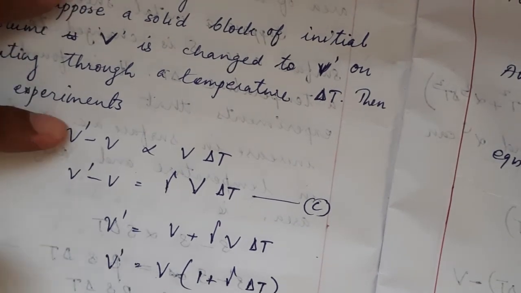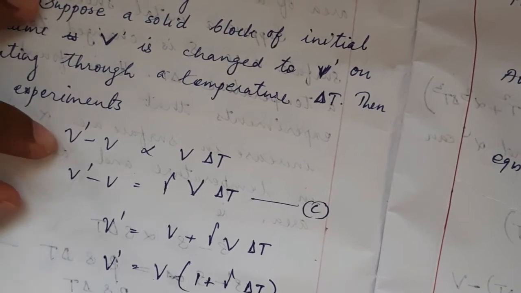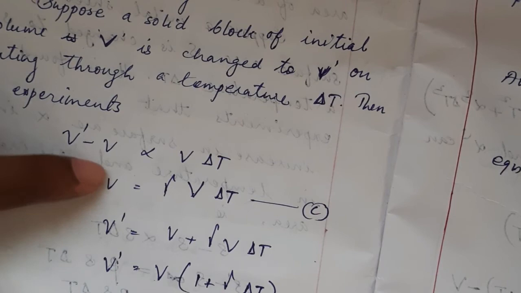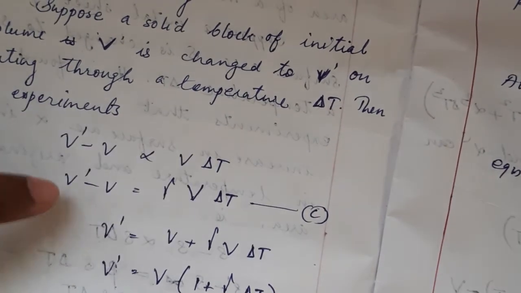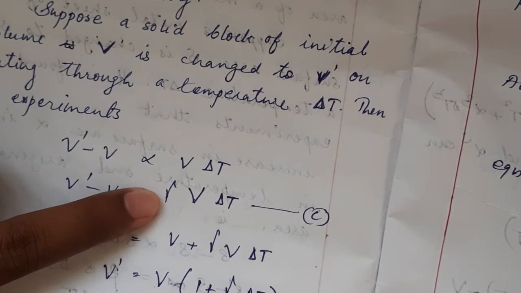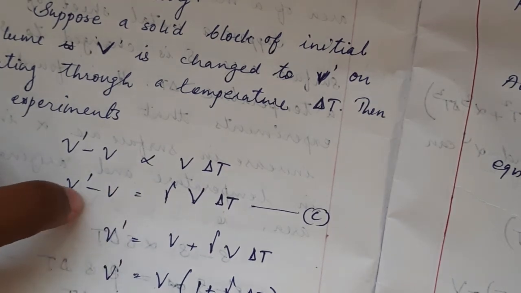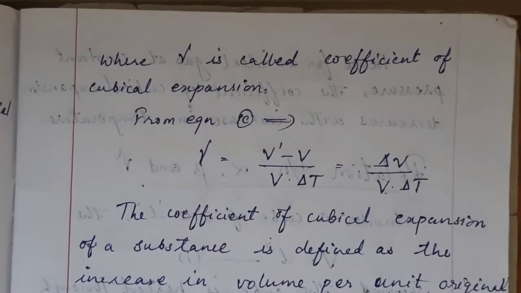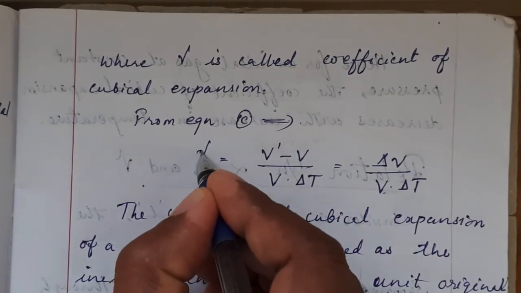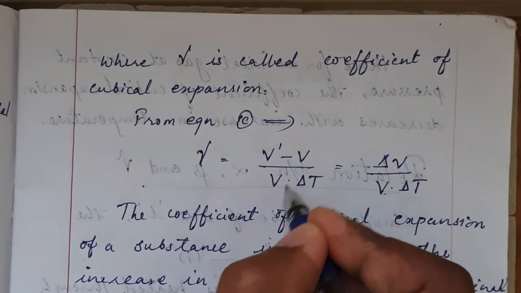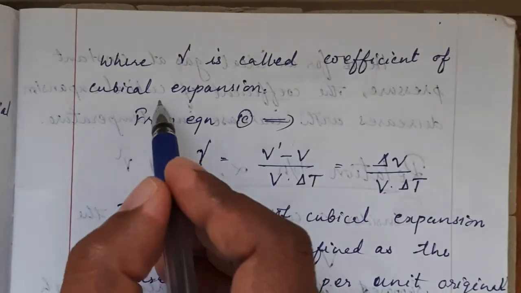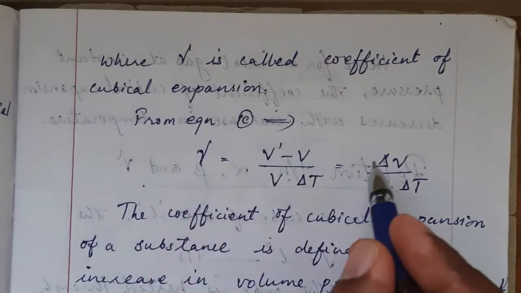So as in the previous case, this increase in volume, delta V or V dash minus V, is directly proportional to V and delta T. So here the constant of proportionality is gamma. We give a new constant, that is gamma. So as in the previous case, gamma will be V dash minus V by V delta T,